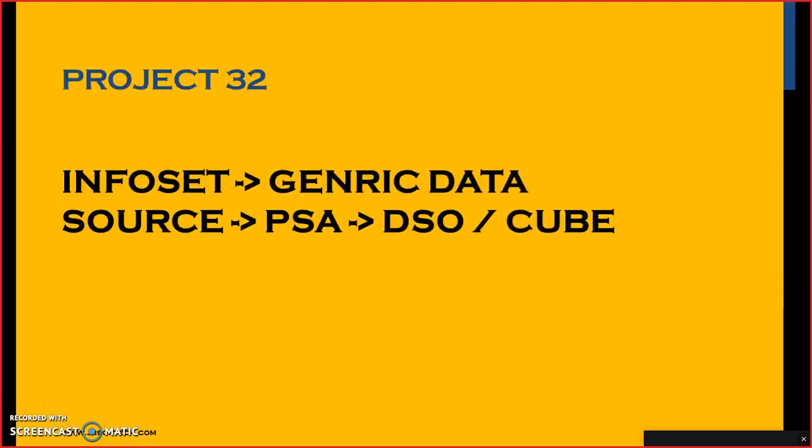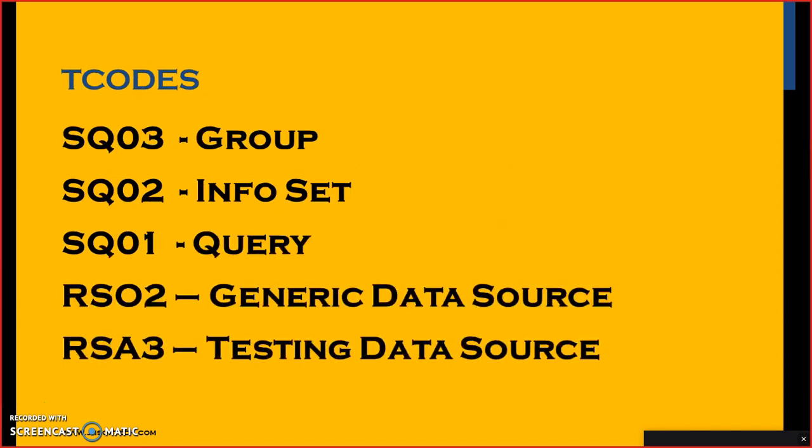Okay, so let's move on to project number 32, in which we are discussing the data loading from the info set to a generic data source into the PSA and DSO or the cube. We'll first load the data from info set to PSA, and then we'll load the data into either the DSO or cube. The transaction codes that we are going to make use of in the source system